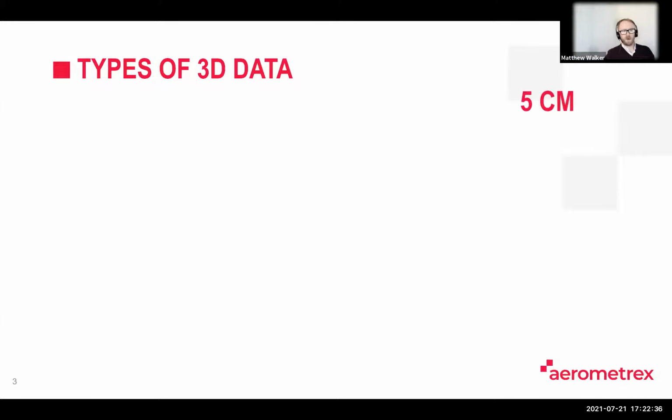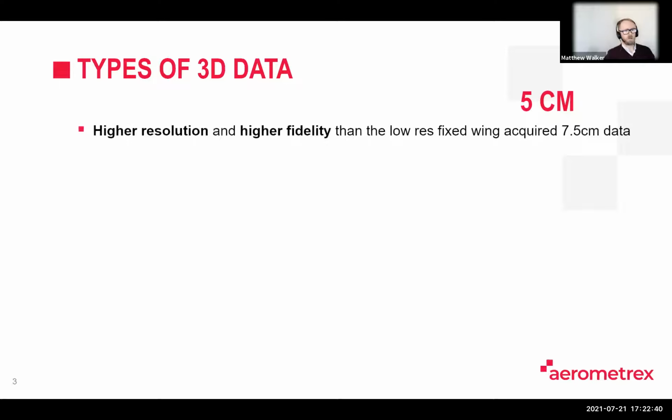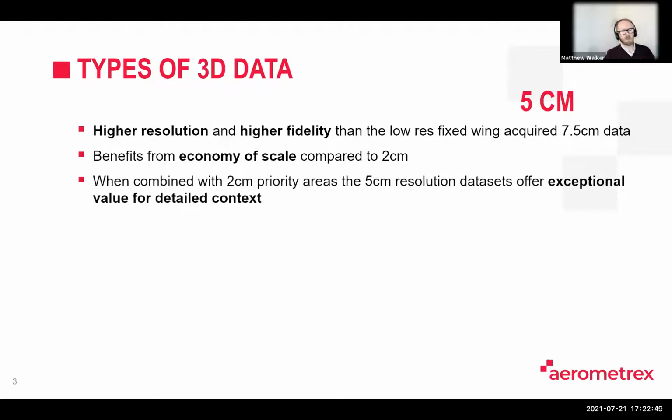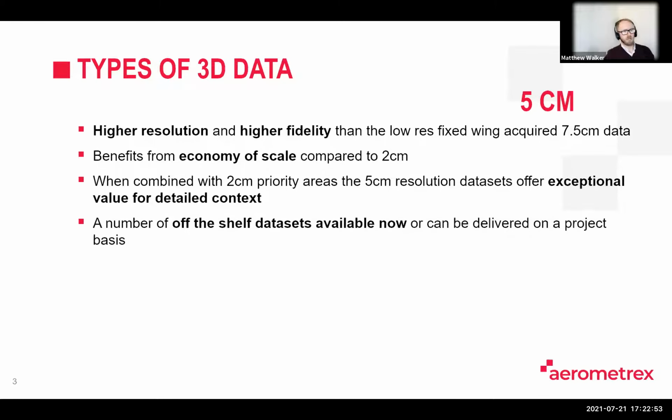So starting with the 5 centimeter data, we've got the high resolution and high fidelity then a low res sort of 3D product, which is pretty common on the market at the moment. You get some economy of scale in the procurement of the data. It's a little bit more affordable. And when combined with a 2 centimeter data set across priority areas, and you put those 2 things together, you get really great detail in key locations, which is important, and you have other areas where you've got nice contextual